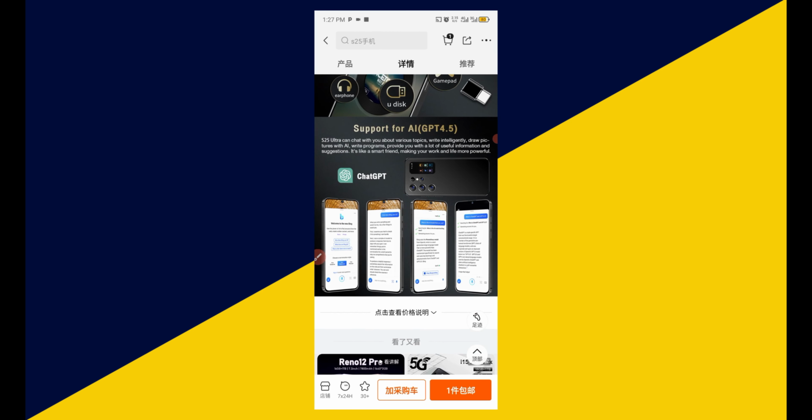So this is the last section of the product pictures, which has to do with ChatGPT. You can see it has ChatGPT, it has Bing, and the likes. As simple as that. Now, one of the things you need to take into consideration before you go ahead and